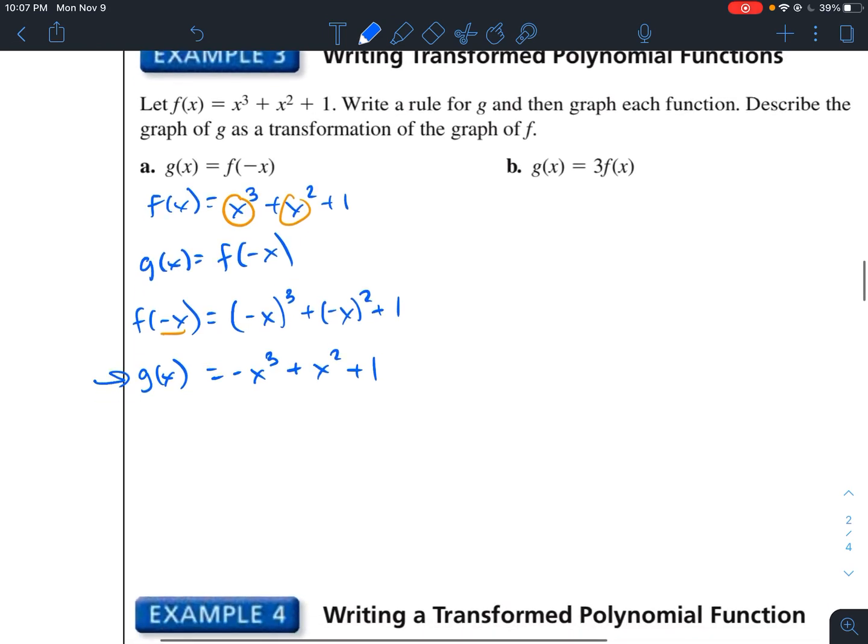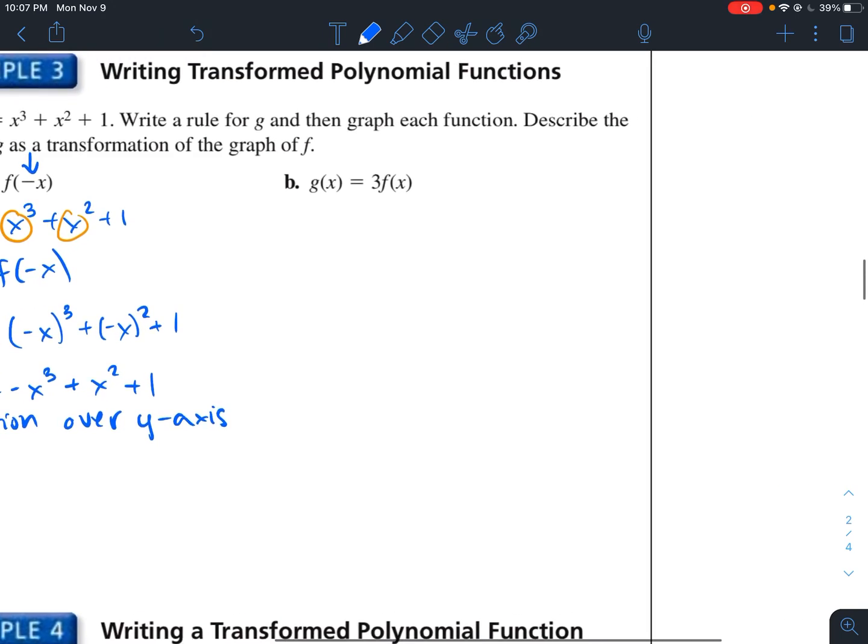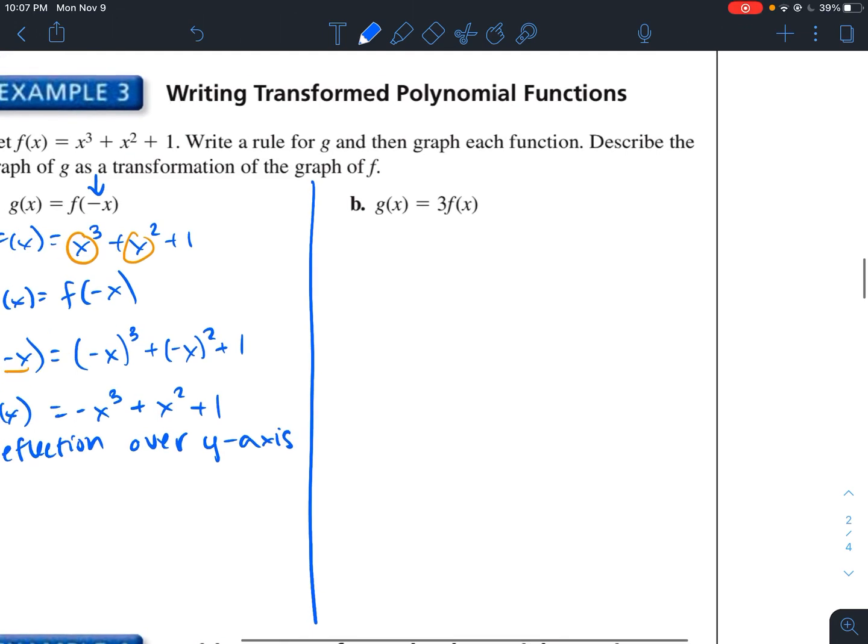So the transformation that occurred was a reflection over the y-axis. And then if you guys want to graph it in Desmos or something, you guys can check it there, but I think that's pretty much all I'll do here. So for b, again, f of x is equal to x cubed plus x squared plus 1,